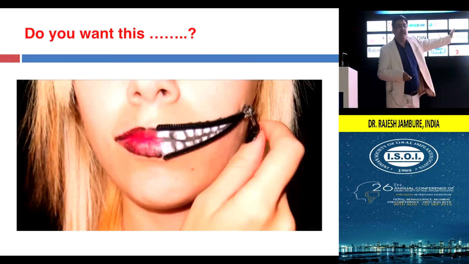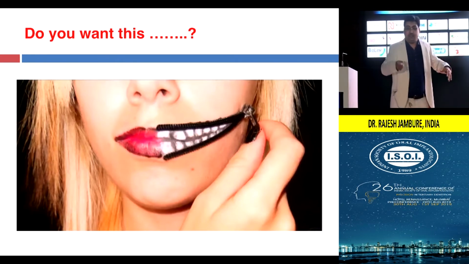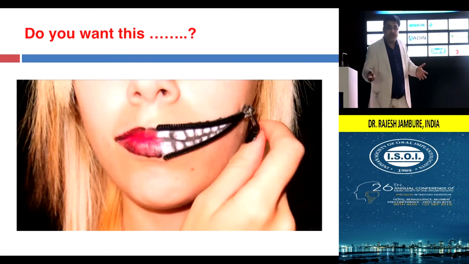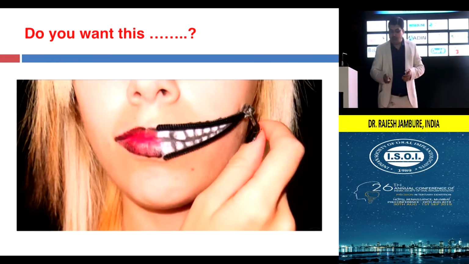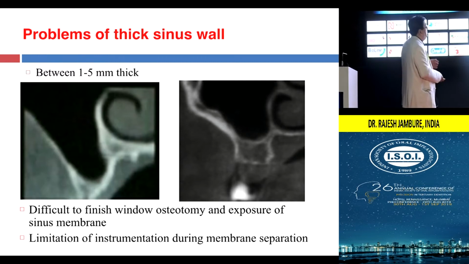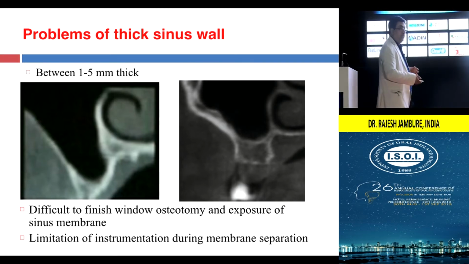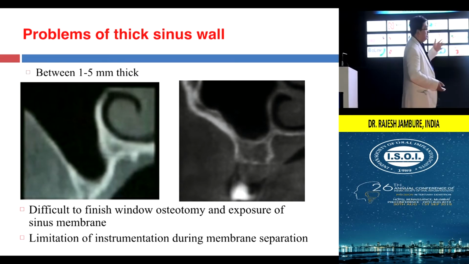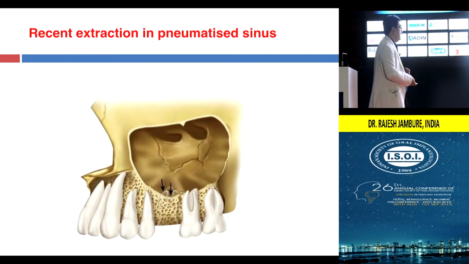So you want something like this. In these cases you want an open approach, and you are already doing a lateral approach, which is an open approach, but still the access is not good, and sometimes it is preferred that you go for a crestal approach. You take a risk initially and do it that way. The walls, we know, are 1 to 2 mm thick, but sometimes they are very thick, particularly in the zygomatic buttress region, where they can be 5 mm thick. So it's better you go crestally and access these areas rather than going laterally in some of these cases.